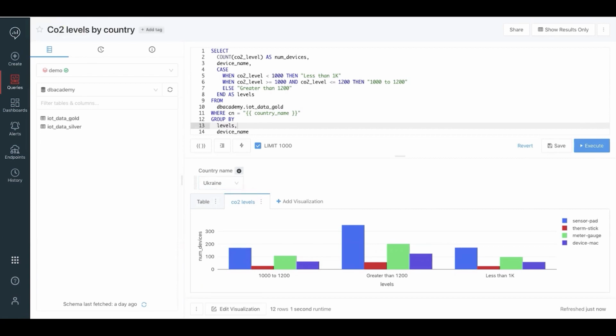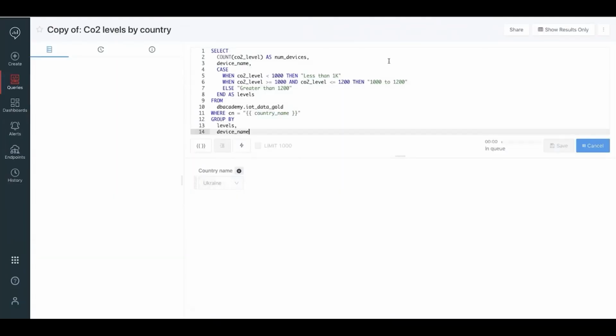Great. Another thing that I could do here is, let's say I want to use this form of a query. I want to make a really similar query because this seems like it'll be useful for a lot of the values that I have. But I don't want to rewrite the whole thing. What I'm going to do here is just save this query and then fork it. Okay. So I'll save this query and I will fork this query. And a fork will just create a copy of the same query,